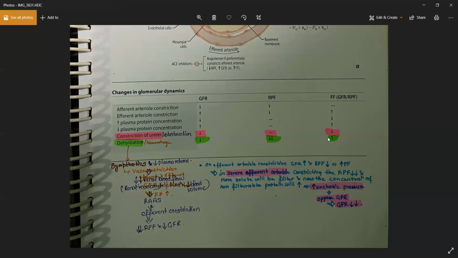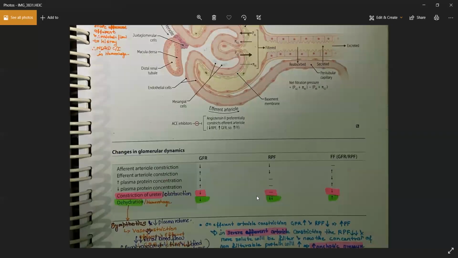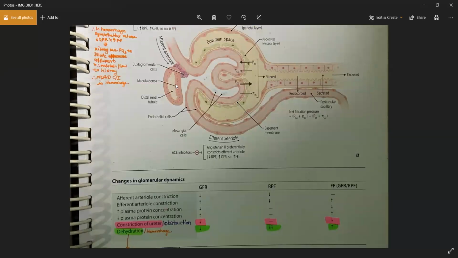Although you're decreasing the GFR initially, let's suppose in a normal patient, you're having 100 ml of blood flowing through this afferent arteriole. Now he got dehydration, and due to this dehydration, he is having a decrease in the renal plasma flow to 50. Now only 50 ml of blood is flowing. Initially, I was having a filtration of 20 ml of the blood, but now the renoprotective mechanism will get